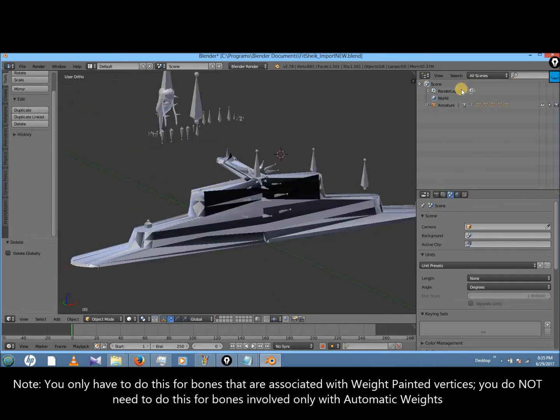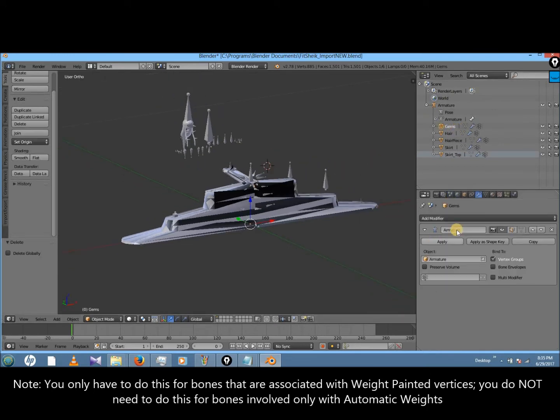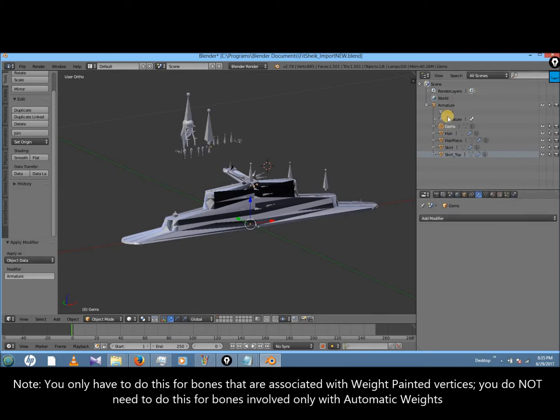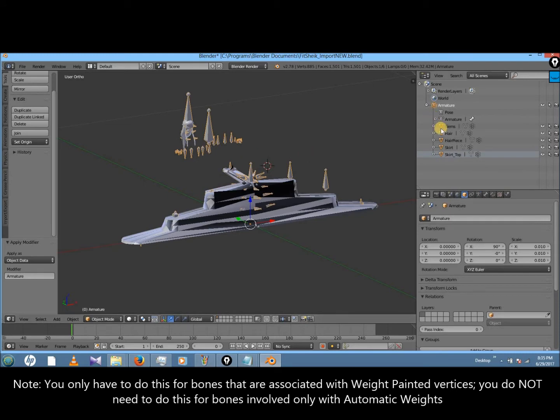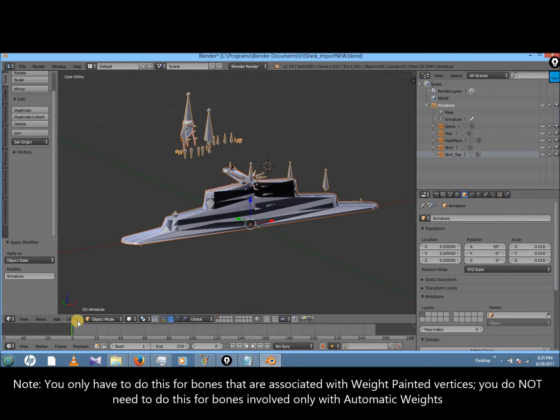So what to do is expand the armature. For each item, you're going to click the wrench and click apply to apply the modifier, and do that for each one. Then shift select all of them and unparent them.